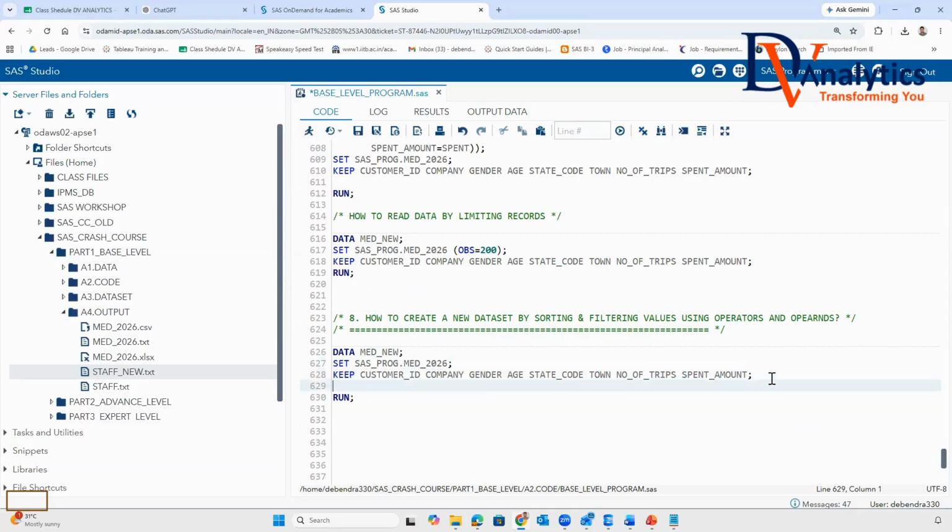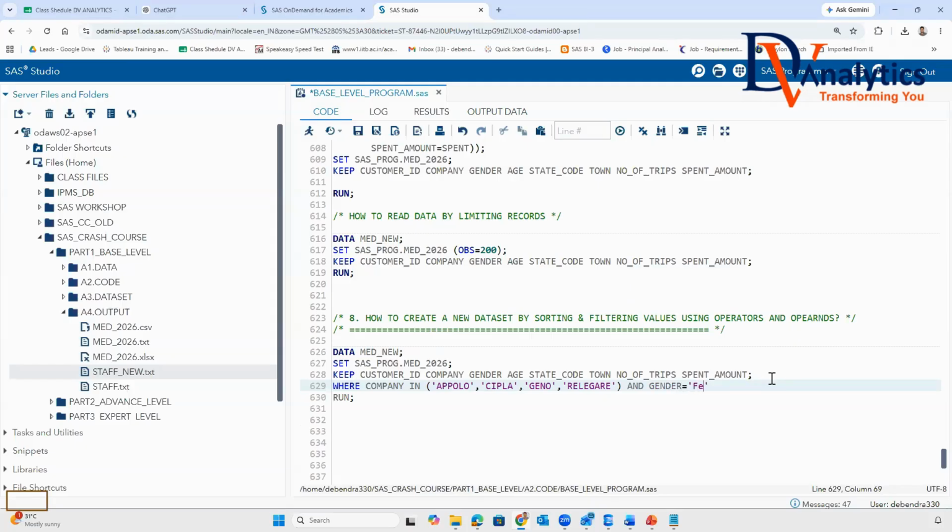I'll give a condition where company equals to, or company in bracket start Apollo, Cipla, Geno, Religare, right? And gender equal to, this is case sensitive.